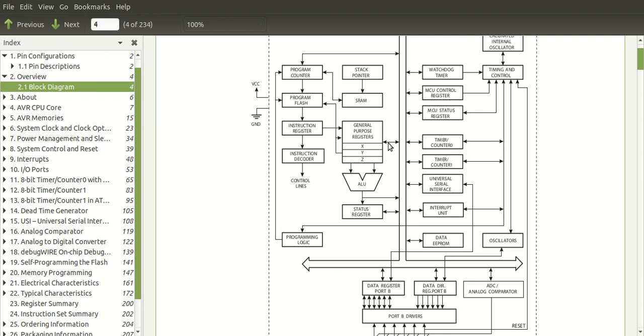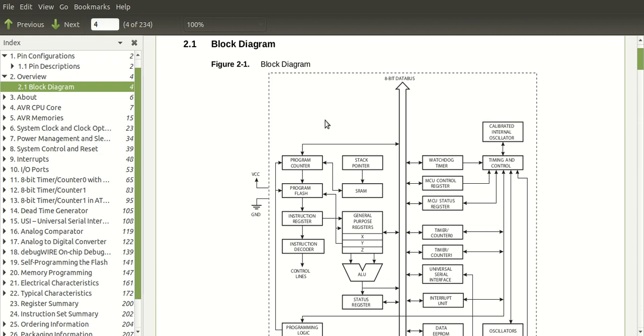A microprocessor consists of ALU, it has general purpose registers, it has a program memory, program counter, instruction register, instruction decoder, status lines, which is similar to the flag register, and then you have data memory, which is the SRAM, stack pointer. So all these things constitute the microprocessor, and the microprocessor used here is called as the AVR microprocessor. It is based on the AVR architecture.